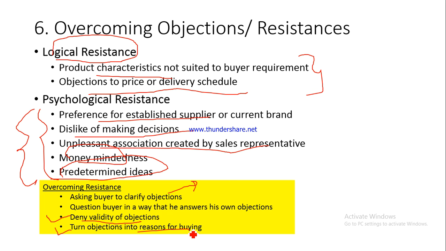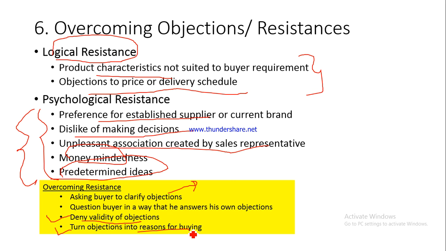I remember when a salesperson in Maruti Suzuki tried to sell the Zen. They used to tell the customer, Zen basically has a smaller space, seating space is much less than WagonR. So whenever they used to sell Zen, the buyers would always object. The WagonR is relatively bigger from inside, so the seating space is much more than Zen. So they used to turn this into reasons for buying.